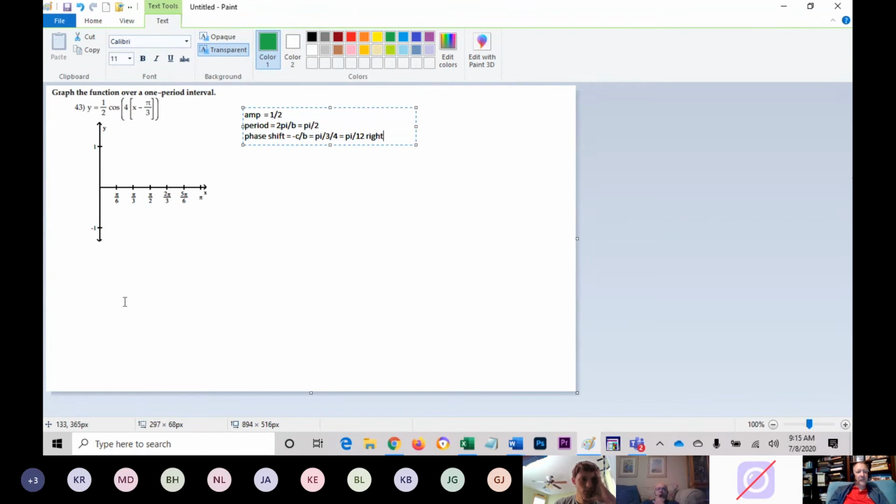I'm going to try to make this green. Actually, let me do it in black first. So normally, one period. Okay, I got to think about this for a second. This is a tricky one. So we've got an amplitude of 1/2. That's important. Our period is only pi halves. So if our period was only pi halves, unshifted, I'm going to do that in black, I think. So unshifted, our period in pi halves